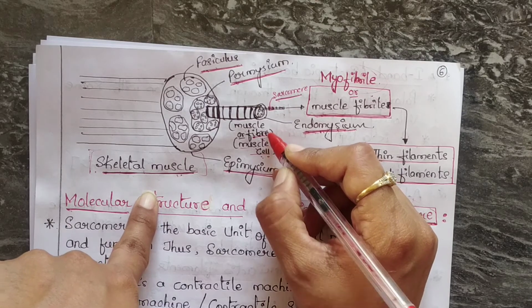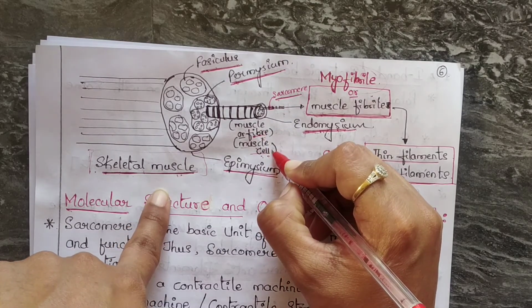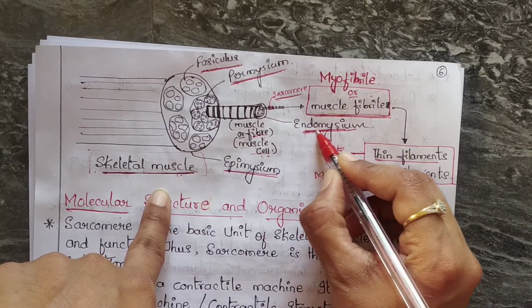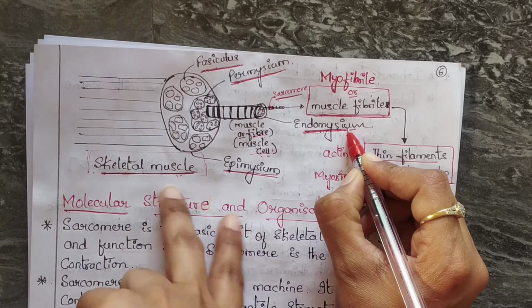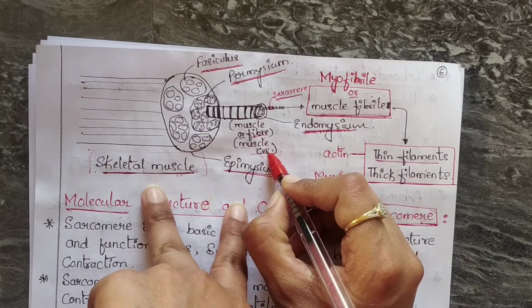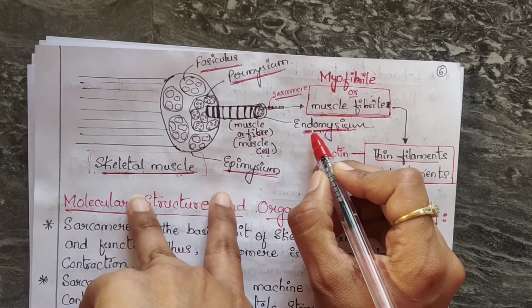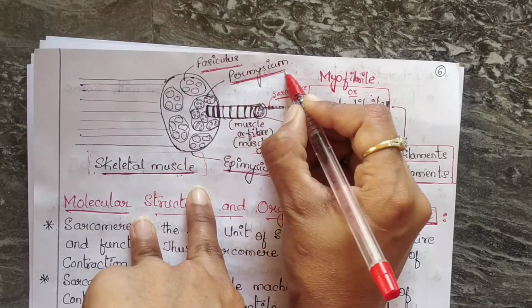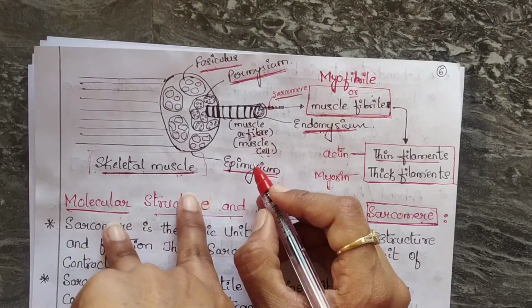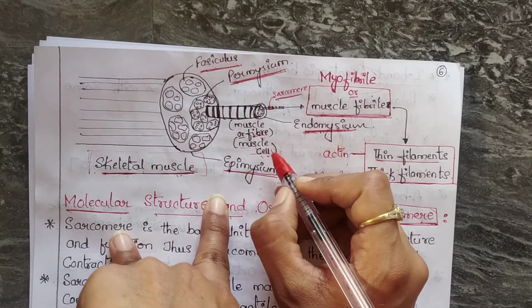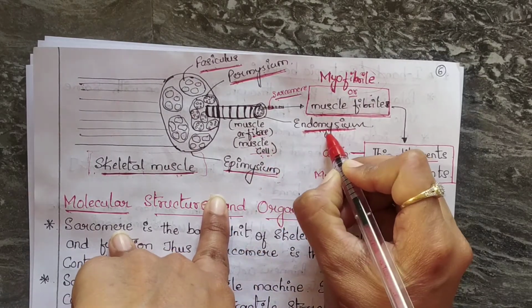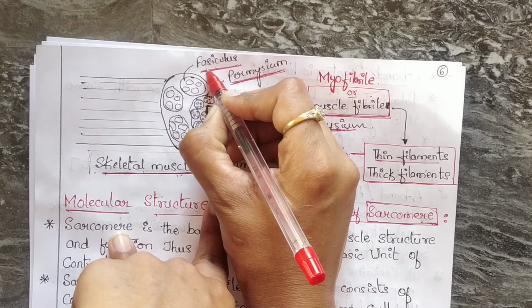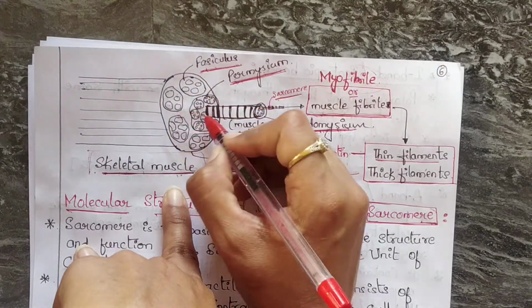A bundle of muscle fibers or muscle cells is surrounded or embedded by a connective matrix called endomysium, and the bundle of muscle cells and endomysium is surrounded by a connective matrix sheath called perimysium. The composite of a bundle of skeletal muscle cells, endomysium and perimysium forms the fasciculus, and several fasciculi